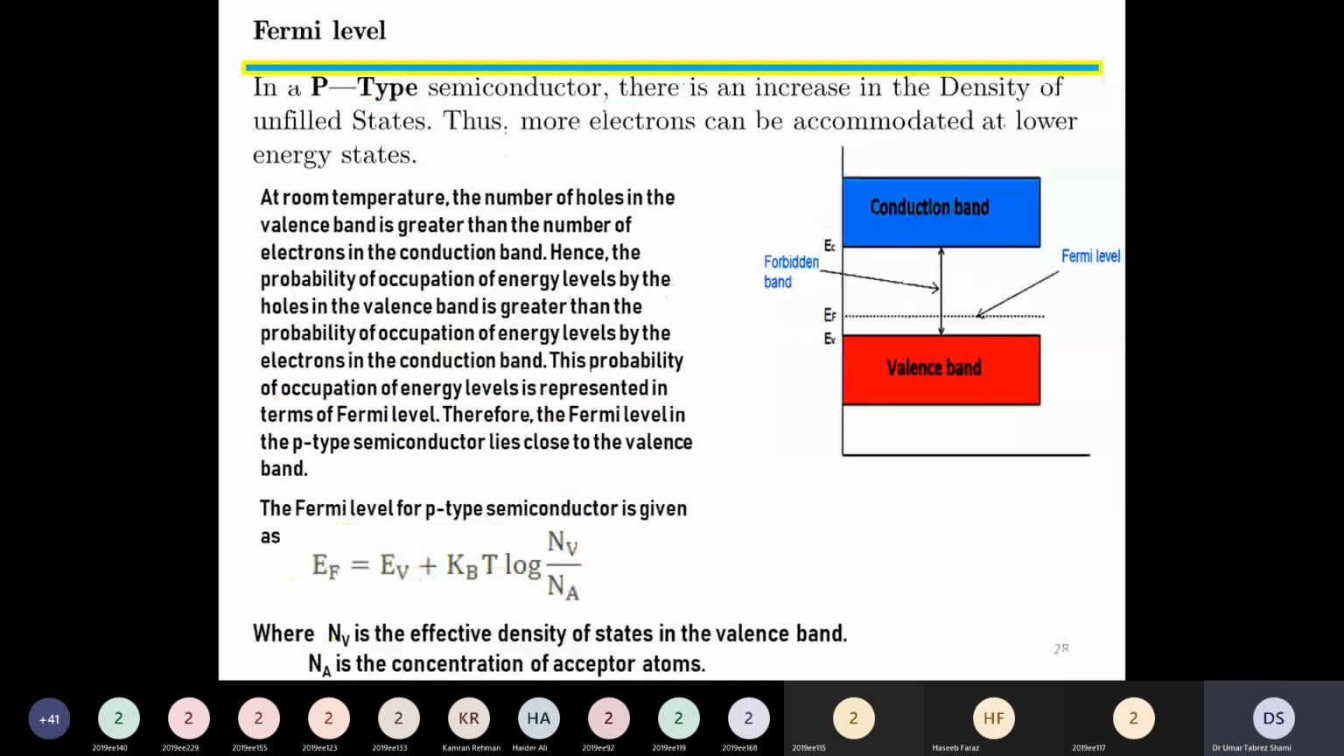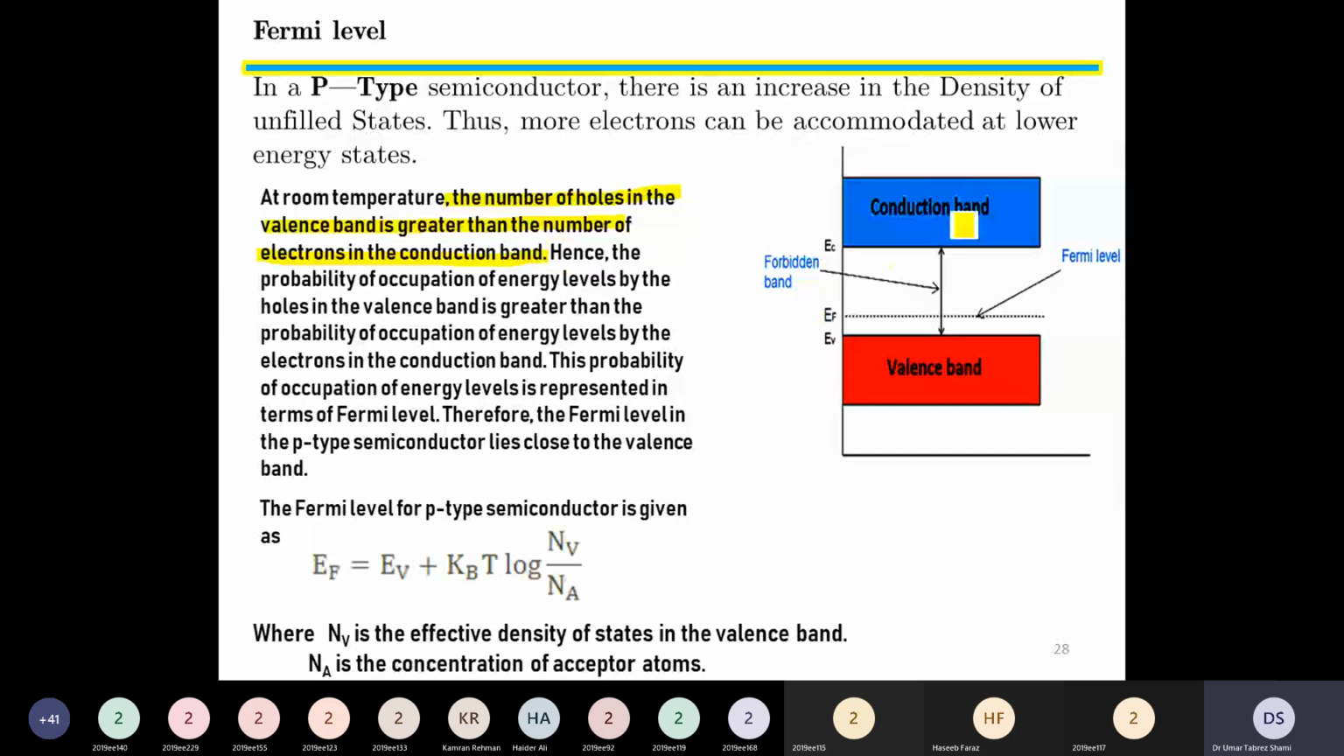How does the Fermi level come in p-type materials? In a p-type material or a p-type semiconductor, there is an increase in density of unfilled states. We will cover these unfilled states on the next slide. And in p-type material, thus more electrons can be accommodated at lower energy states. At room temperature,